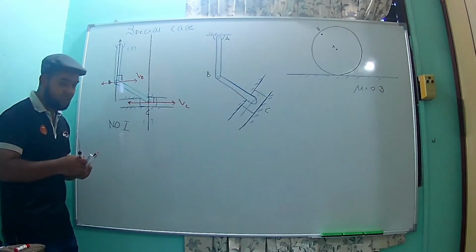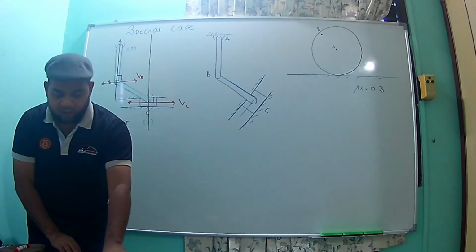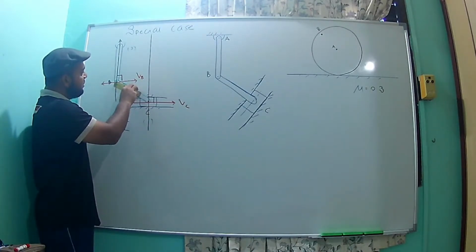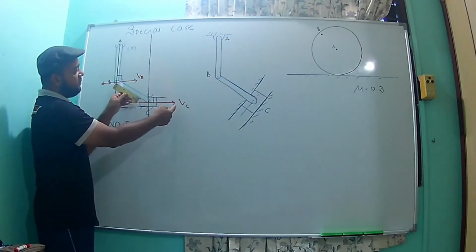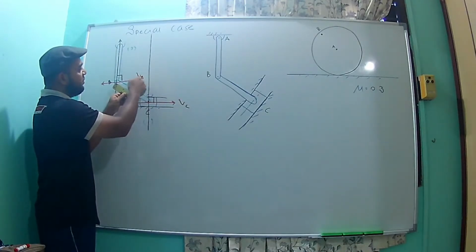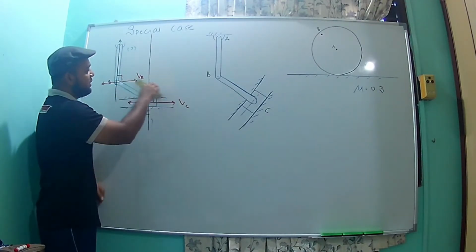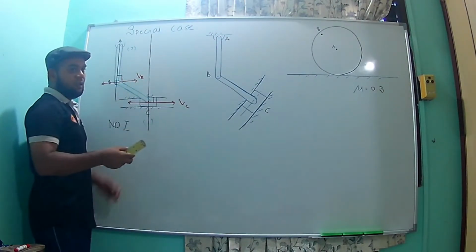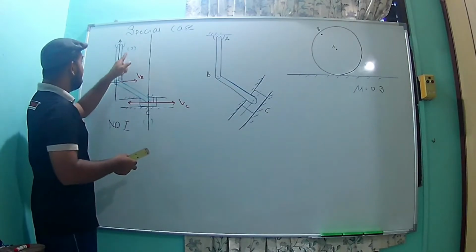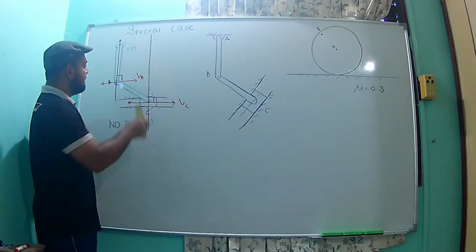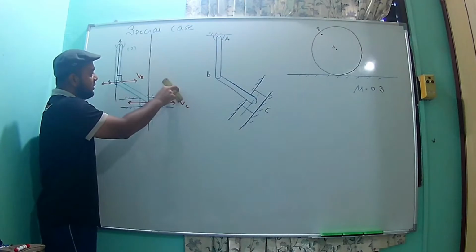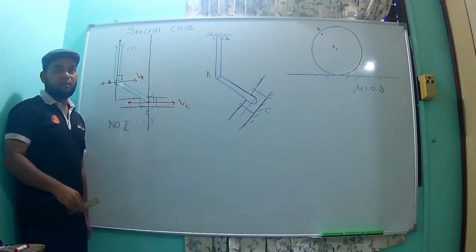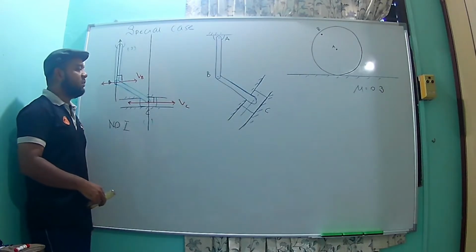So what happened is that this component BC is actually translating. If this one moves to the right, B will also move to the right, so either it moves this way or this way, and it will not turn. So it moves like the first case, only to the left or to the right, and will not rotate. It is rectilinear. Now it becomes a rectilinear motion.